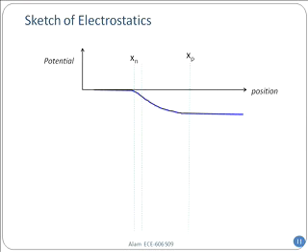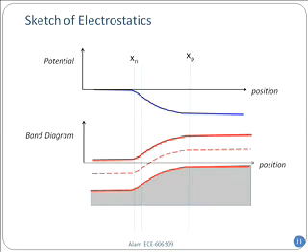Now, once you know this potential, can you draw the band diagram? Of course, because EC will go with V with a negative sign. So I have drawn the EC, you can see, and then correspondingly the EV with the flip of this sign. And you can see now how